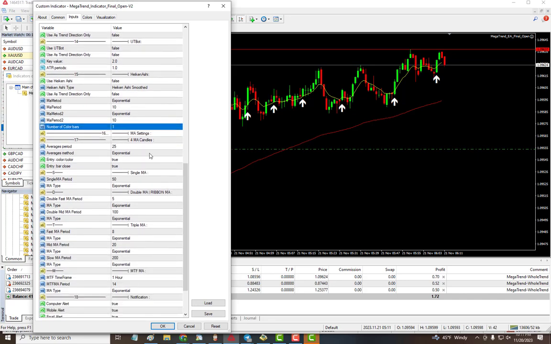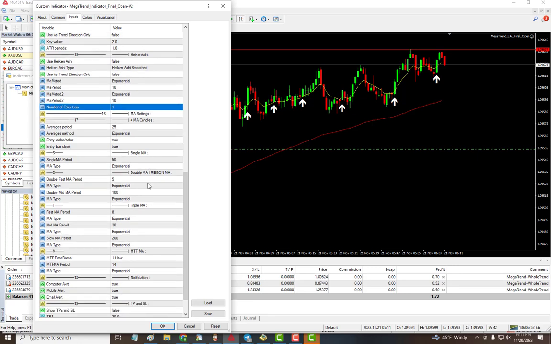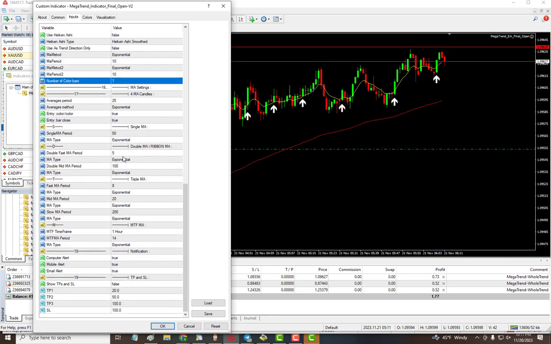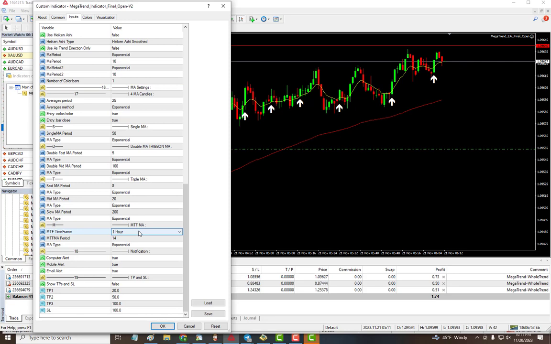And then here are the settings for each one of them. So if you use an MA ribbon, you can use it, double MA, though they all use the same settings here. You have your triple MA, multi-timeframe MA, so you can select what time frame. So let's say you're in M30, and then you want to see the trend in H1, you can set this to H1, and then you set the MA that you want to use. So if you want to use 20, 14, whatever you want to use, and then you have your alert,